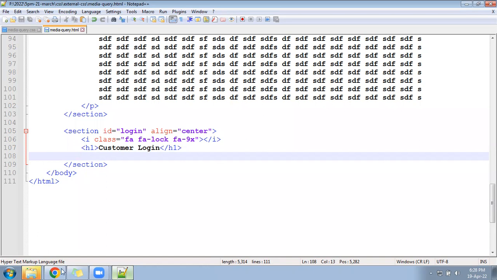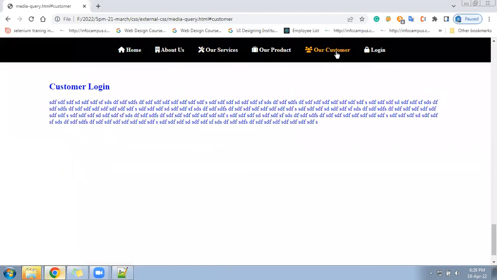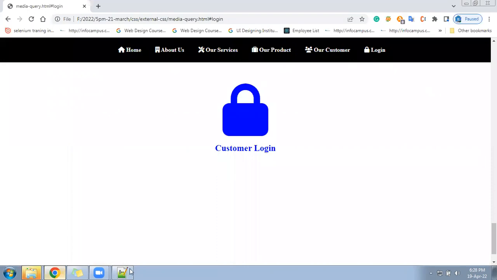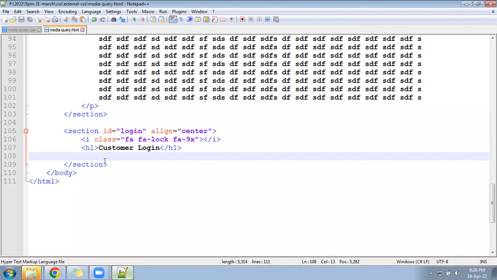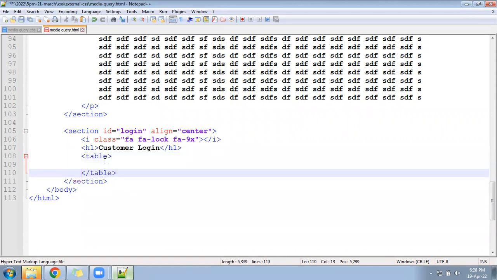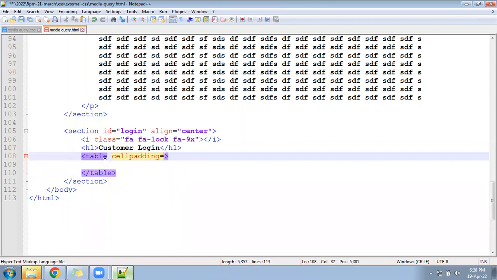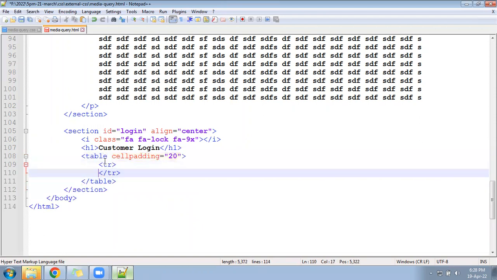So ready? Check now how the login is coming. Login should be something like this icon. Below we can create a login form. We can use a table or any other tag also here. Cell padding and all we can apply. Cell padding 20 and tr, th, email ID,